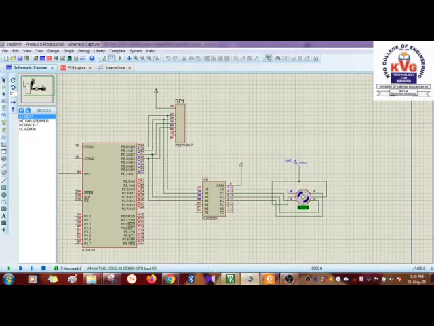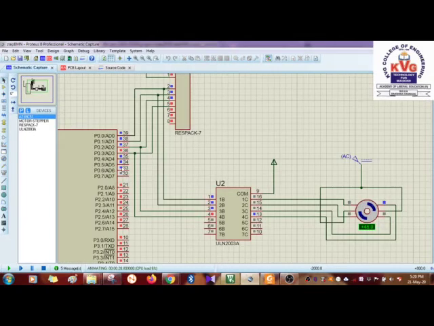When we see here, just zoom it up and see, the gray part is not connected, so that is why it is showing gray. But to those pins where the pull-up resistance has been connected, it is showing either red or blue. When the signal is there, it will be red, pulled up, otherwise it will be 0.